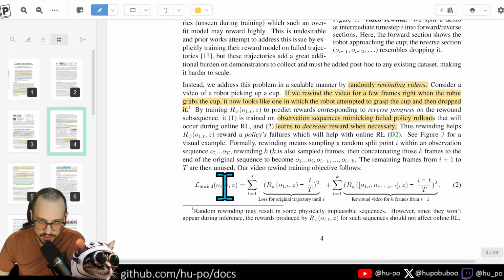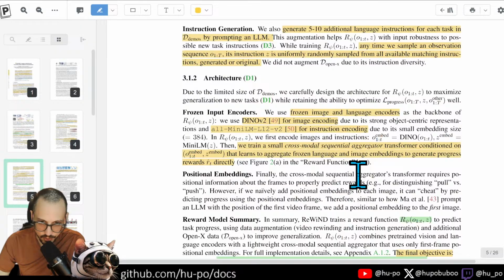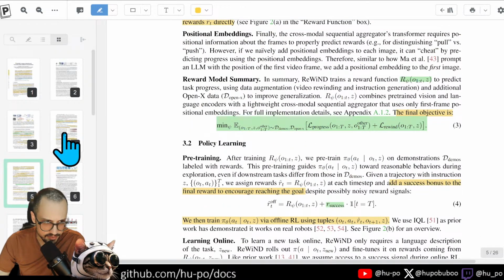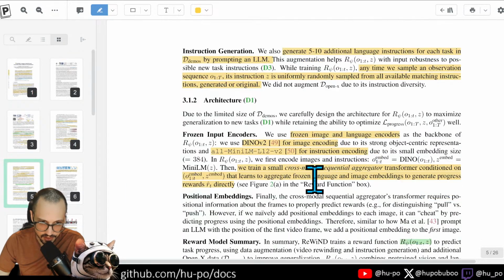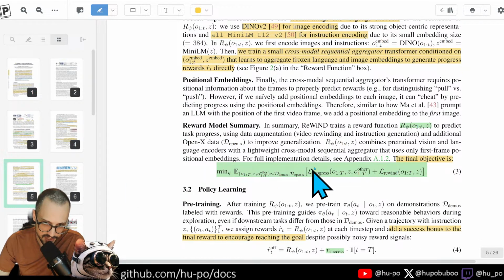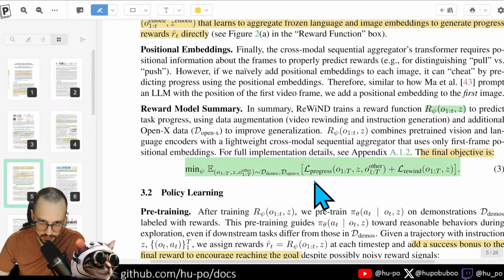So here's the loss function specifically for the rewind, and then ultimately you can scroll down here, and the final loss function, which is used to push gradients into this learned reward function, is going to basically be the combination of both of these. The progress reward function, right? Here you're taking in the full observation sequence and this language instruction, and also this rewind loss, which also has the same inputs. And ultimately, just to explain this equation here, you're sampling these observation sequences and the